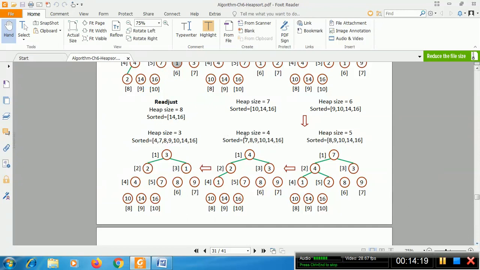So here the sorted position is 7, root node is 7. So this is sorted. Again we swap the last index of the array, which is 2. So swap the element 2 to root node 7. So again after following the max heapify property, we will get this tree.